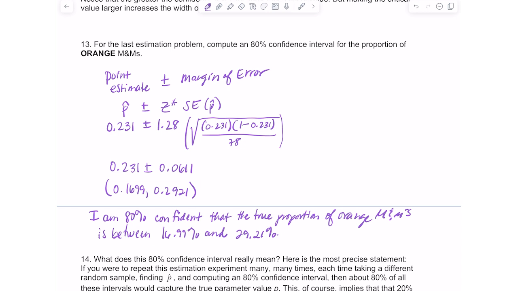So somewhere in there is the true percentage of orange M&Ms. Okay, and we're 80% confident. Again, meaning if we were to take many, many samples over and over and over again, approximately 80% of them will contain the true proportion of orange M&Ms. And you are able to look up what the actual percentage of orange M&Ms is. So if you do a quick little